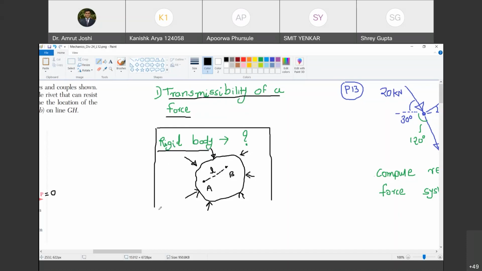Yes, sir. No body in this world is absolutely rigid. Are you with me? Yes, sir. However, if under a given force system, the bodies exhibit a very small amount of deformation, then we call those bodies rigid bodies. Are you with me? Yes, sir. So it is in this context that we are going to look at bodies in Newtonian mechanics. In this course, as it is an introductory course in mechanics, we are going to consider all bodies to be rigid. Are you with me?